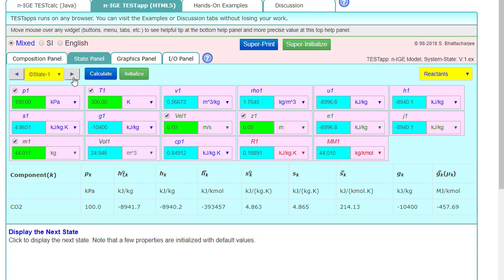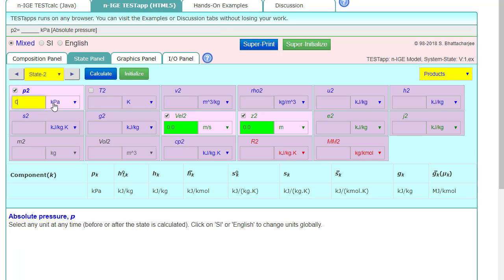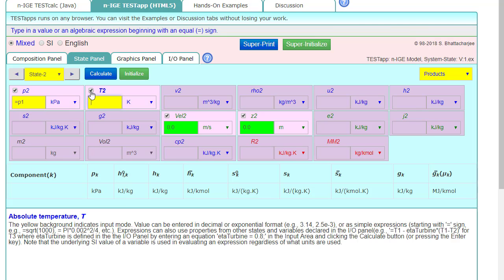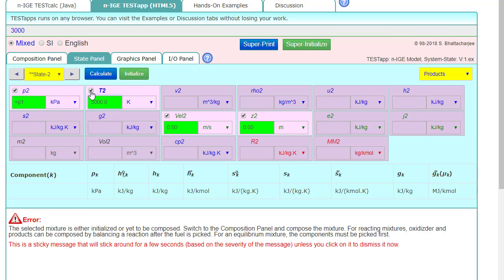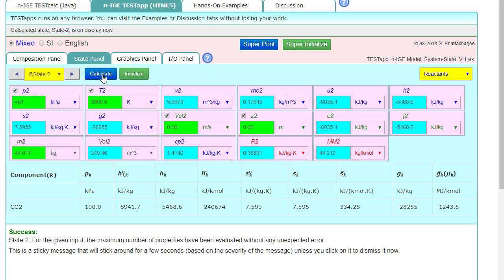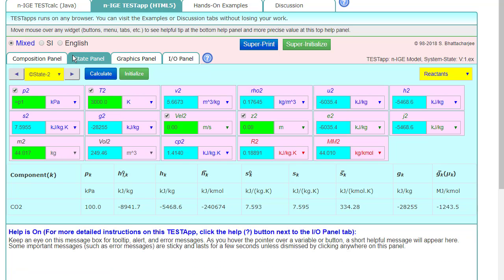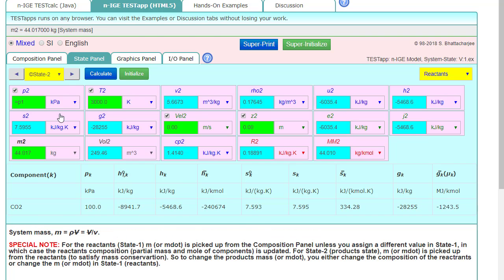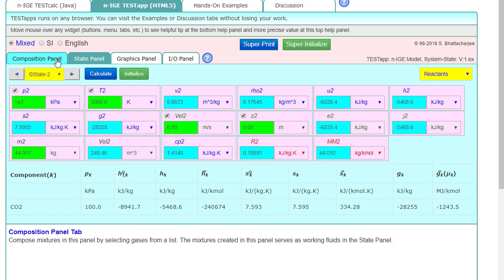All right, and then state 2 is still 100 kPa and 3,000 Kelvin. All right, and we need to change that to reactants because we're still focused on the CO2. And so we get negative 28,000 for that one. All right, and we'll just note those down, and then